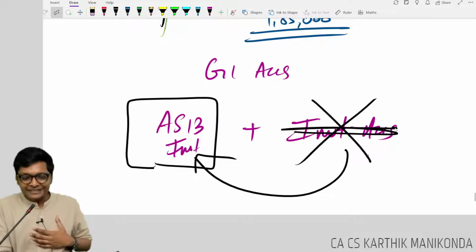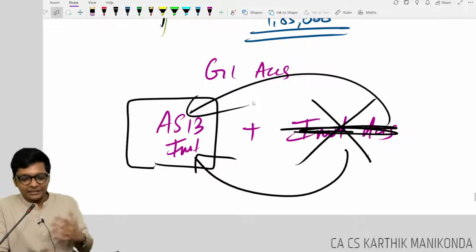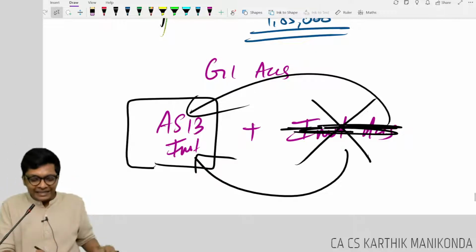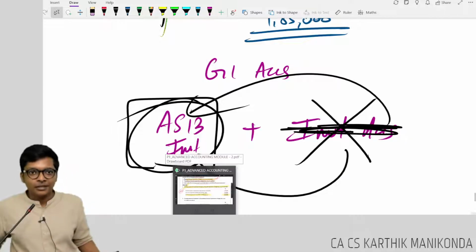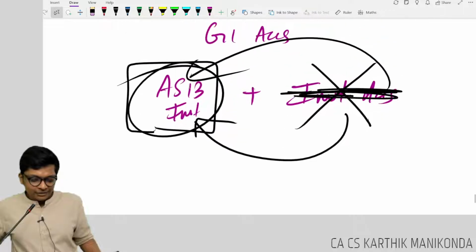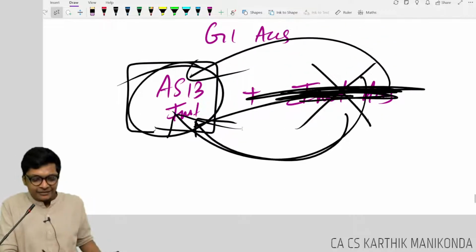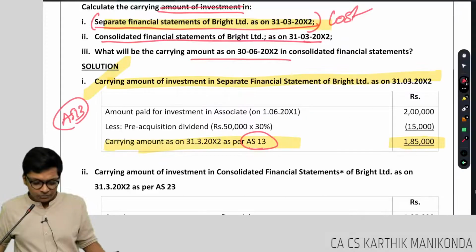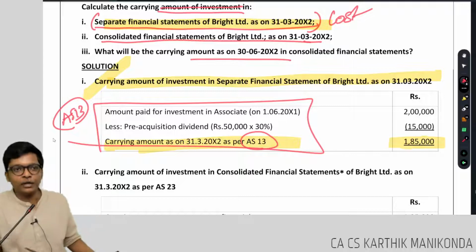They removed a separate chapter and added into AS 13. So old syllabus students, don't think investment is removed. It's there as per AS 13. Lakshita, clear? For a second, students will get happy, investment I struck off, but it's added in AS 13. So this is that adjustment. In AS 13 you will get clarity. Following guys, now